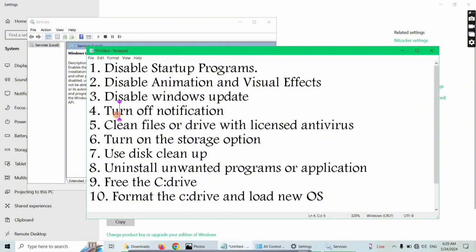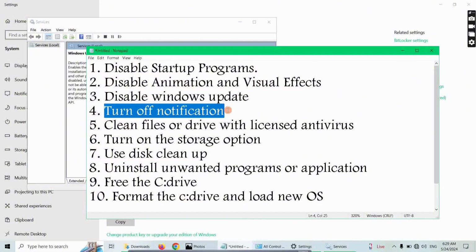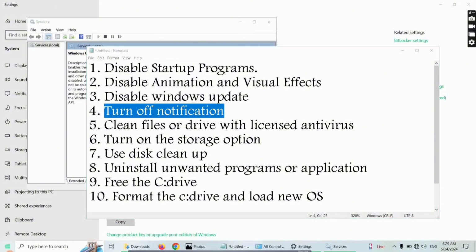Next, let's talk about turning off notifications. By turning off notifications, you can make your computer or laptop fast. How to do that? To turn off notifications, right click the Windows icon. You can find the Windows icon here, right click there,